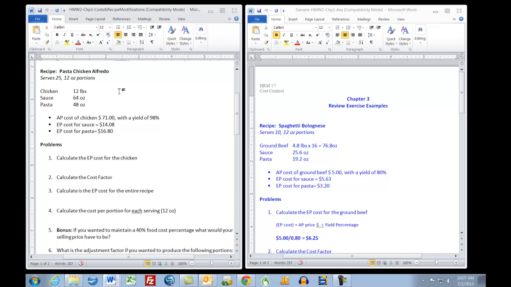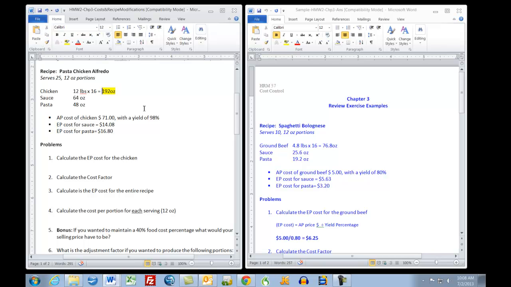Now, in order to convert your pounds into ounces, you need to multiply this by 16. Alright, and that is going to convert the chicken from pounds into ounces, and 12 pounds times 16 will give you 192 ounces. This will prevent any calculation errors later on